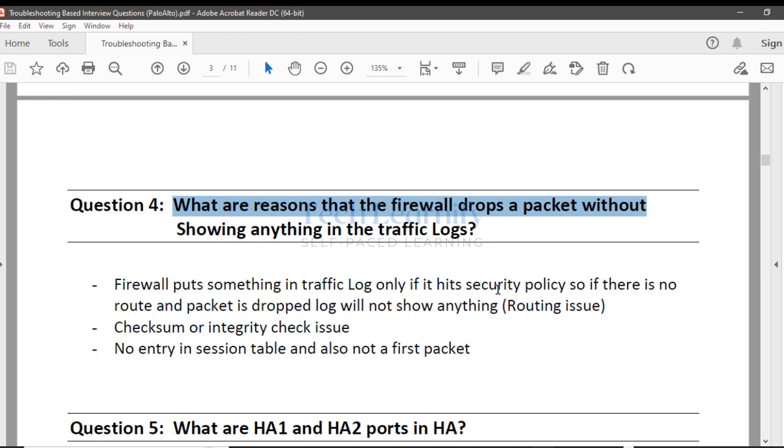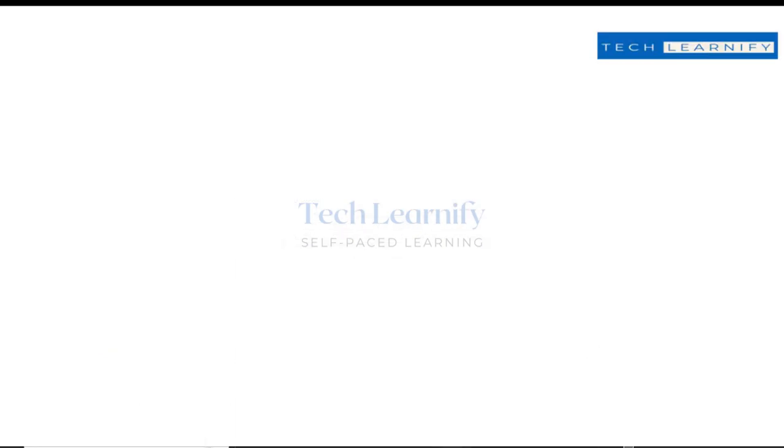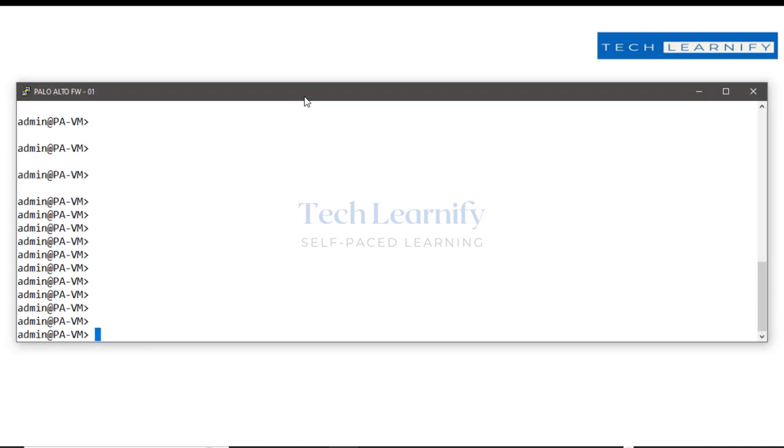So because of any reason, if packet is not reaching the security policy, not dropped or allowed with the security policy, means no log there. Now how can we do the troubleshooting, right? Obviously we can do packet capture, we can see a global counter from the CLI, even if required, then we can do a debug also, right? Let me open the terminal. All right,